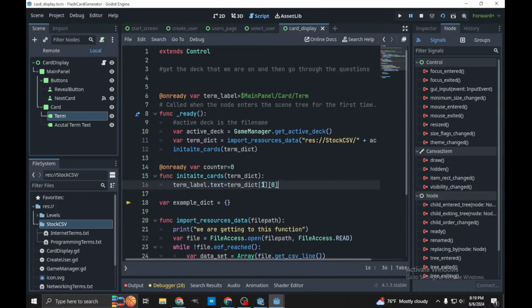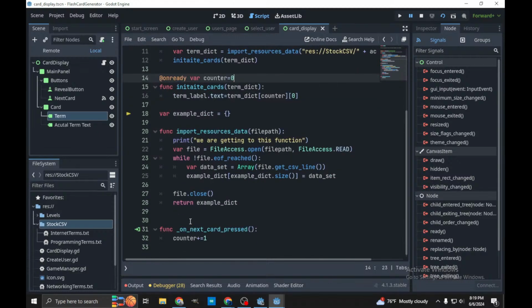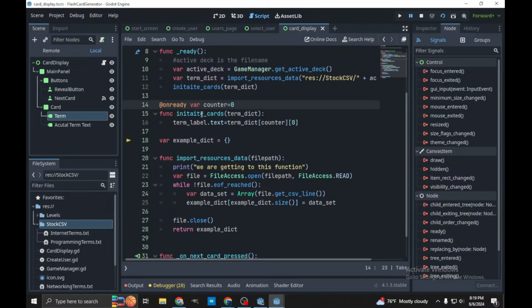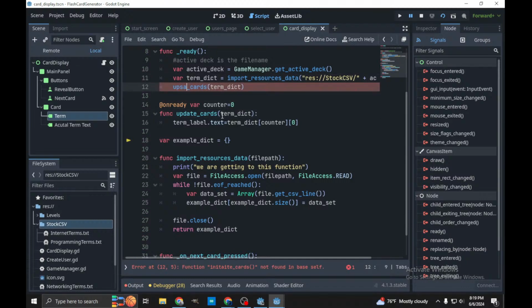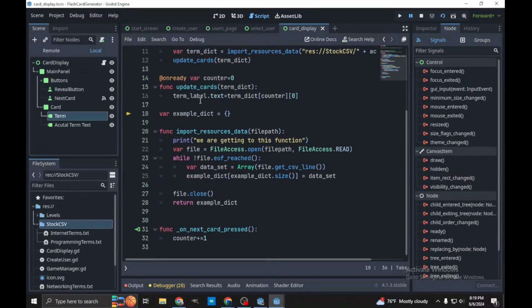And you know what? Can't we just do this? Can't we just say counter? I mean, this isn't very safe, but you know, whatever. Yeah, let's try it. Well, then we should call this update cards. Up to date, update cards. Perfect. Yeah, I think that's